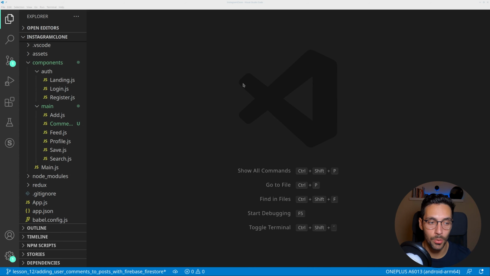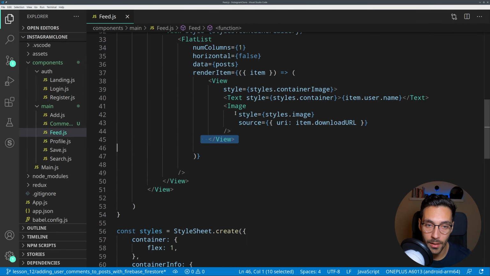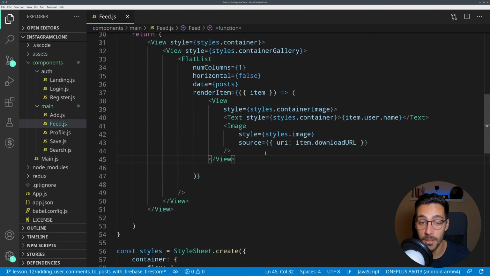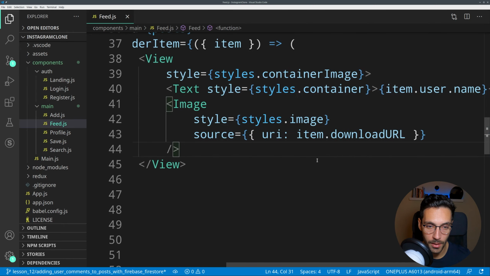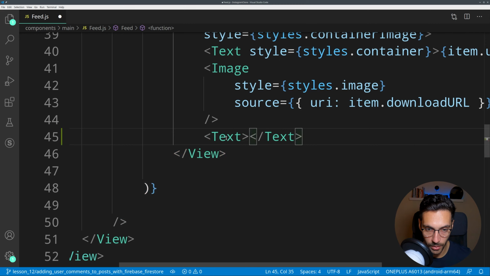Okay, so coming into our VS Code, I'm going to go into our feed.js, and in here we are going to add a button which will allow us to go into comments.js. Comments.js hasn't been created yet, but we'll do it in a second. So let's make this bigger, come in here, and let's say text, and this will be a simple text view, so we don't have to worry that much about it. View comments,